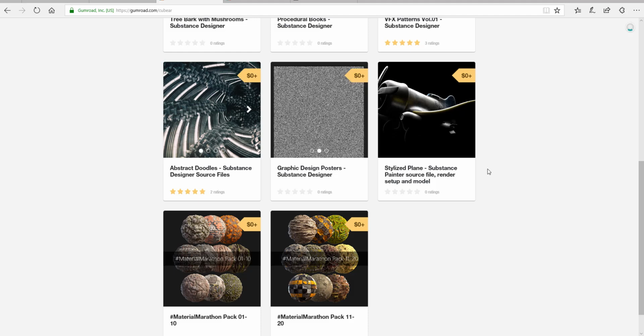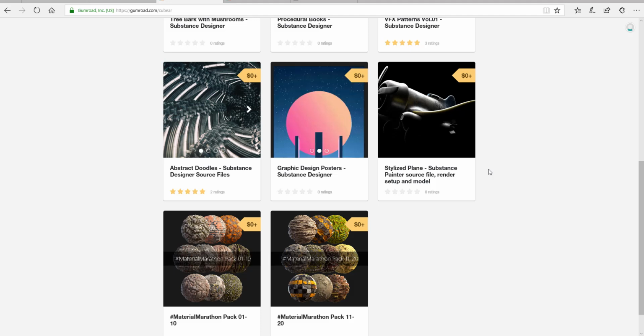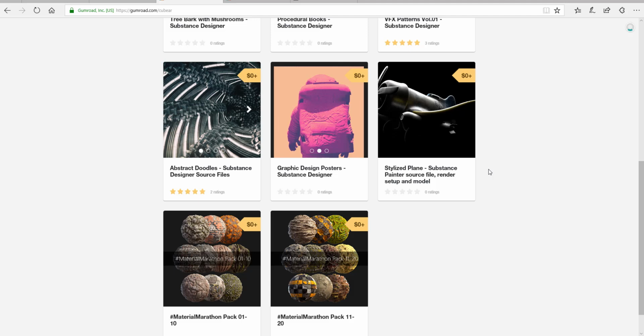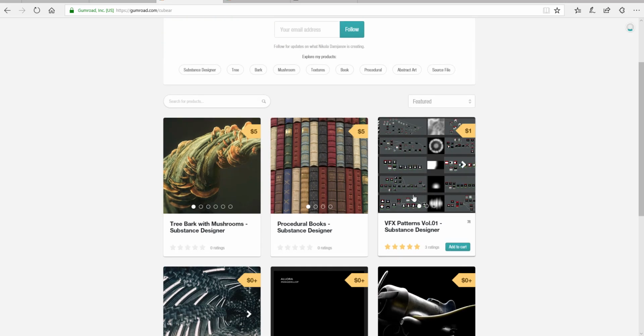can get. These things are the main files, so you can go ahead and get these 2K maps that contain both the ambient occlusion, base color, height, normals, opacity, metallic roughness, specular, and so on and so forth. And you can use these things for your own commercial and personal project. All of these files are royalty free, and the link is also going to be in the description if you want